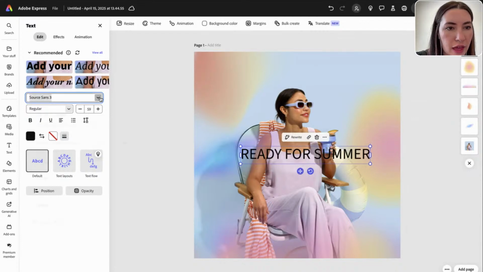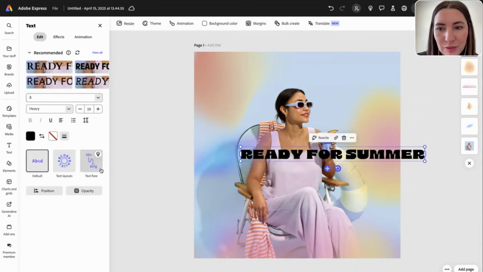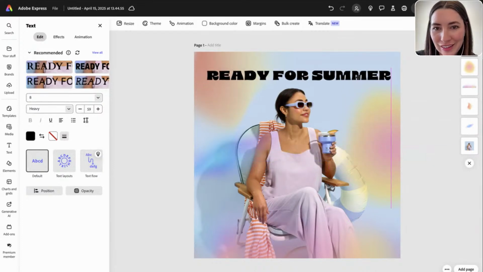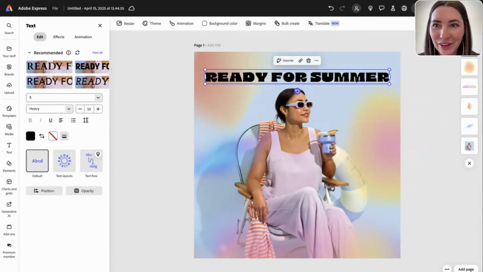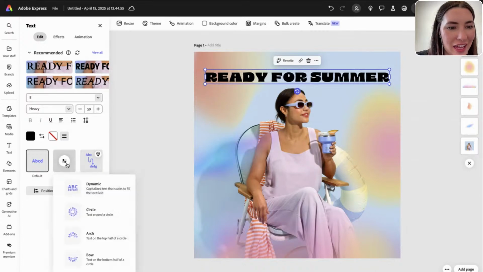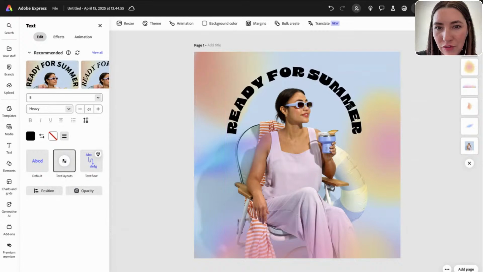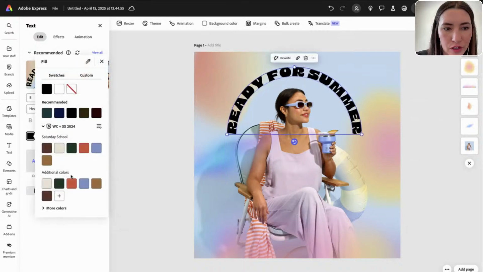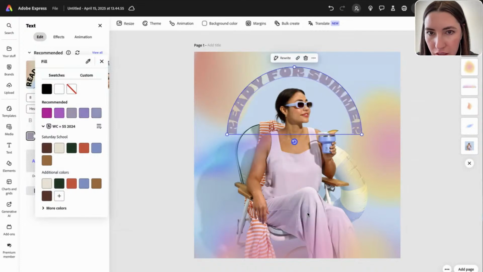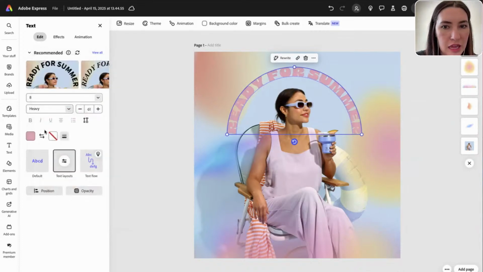Ready for summer. And then I'm going to change it. I want it to be like this really fun, kind of funky text. And let's go ahead and make this into an arch, so it kind of frames her. And then, of course, we have to change the color. So let's choose a color that's in here. I don't know if that's going to be too light. Maybe we can do that. That's kind of fun. And then we can adjust it in so many other ways too, which is really fun